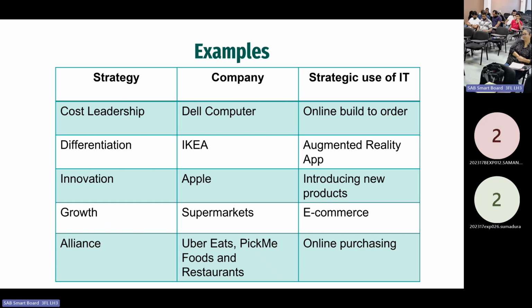Then differentiation, doing something different. So IKEA, have you heard about the IKEA company? What business are they mainly into? Household items, the furniture, household items. So IKEA is different in many ways. So here we are going to talk about IT related differences, but even in their normal way also, their main feature is,